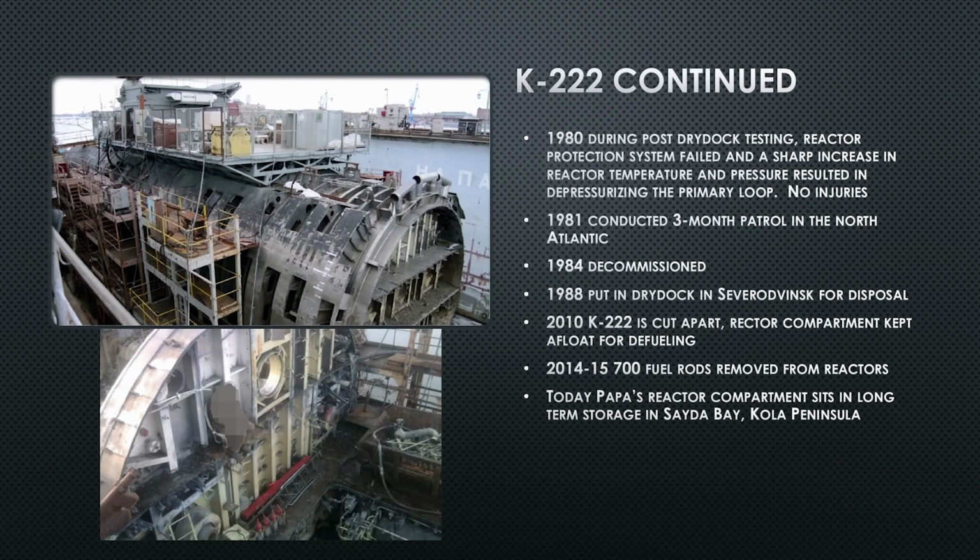And we've seen this time and time again with just about every single decommissioning of a nuclear submarine, whether it's in the Royal Navy or even the American Navy or the Russian Navy. These ships sit in dry dock until there's enough means and people and time to dismantle them. And in this case, it took over 20 years before they finally cut her apart, and the reactor compartment is kept afloat for defueling. So even after they're done cutting her apart, as you see here, the reactor compartment is